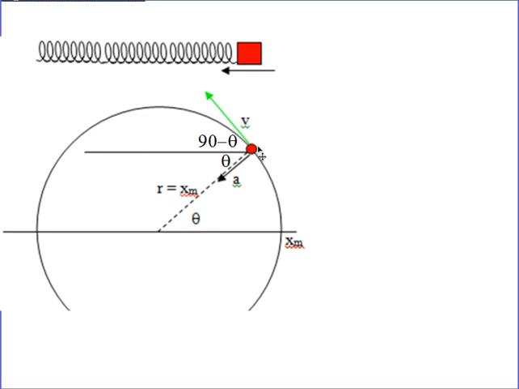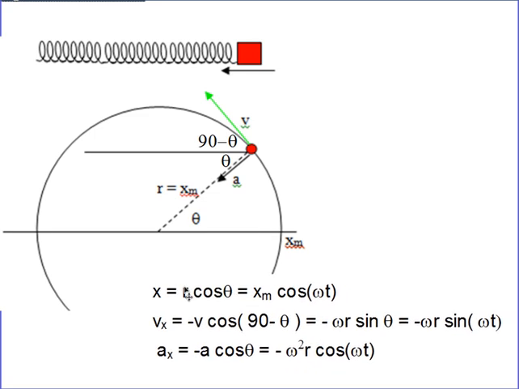But the projection of this object going at uniform rate around a circle, if we project it onto the x-axis, then you have that the